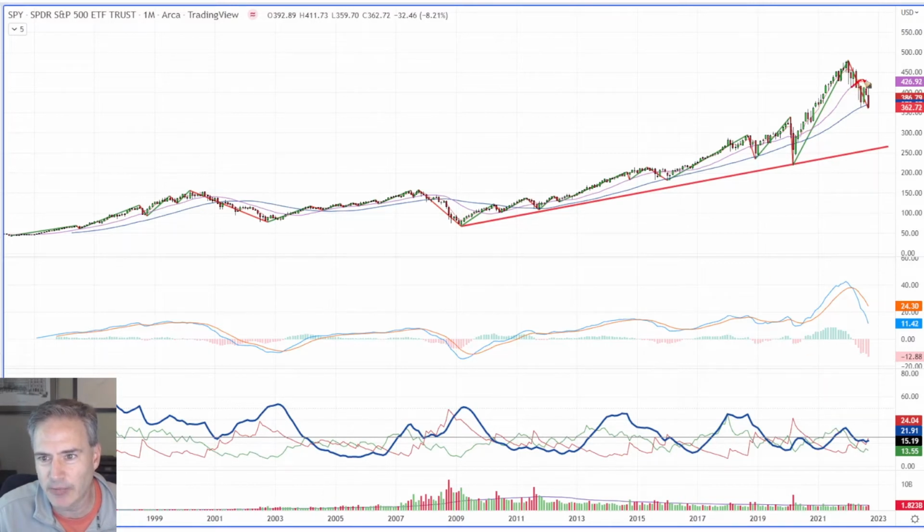Now, the fact that we've failed at the 18-month line and that's starting to roll over, obviously there's some risk here. In a monthly time frame, you can see there's a lot of risk to the trend line. So I think there's price support coming in before that. So I'm not saying we're going to come all the way down to that level, but it sort of shows how much air there is between you and support.